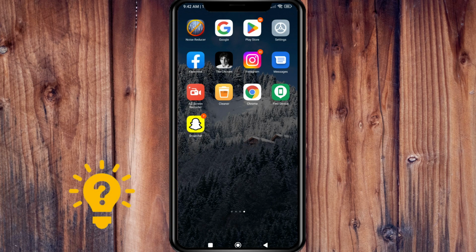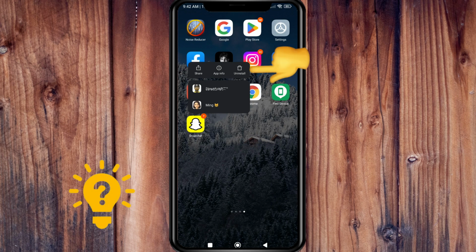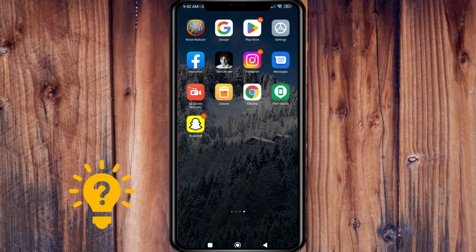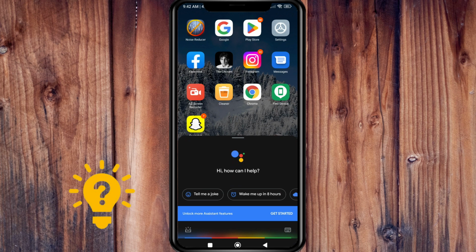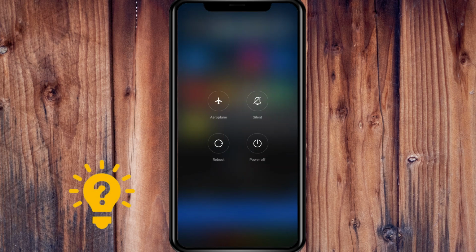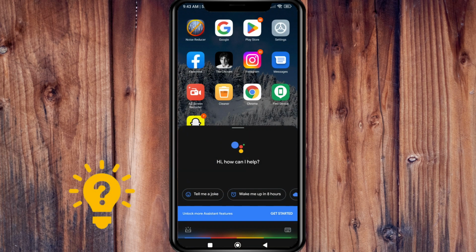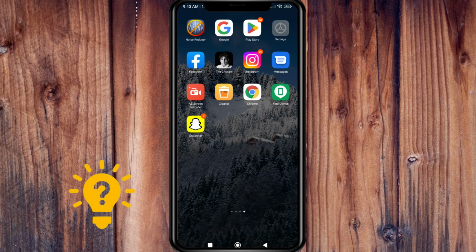The first method is to update your date and time settings. Uninstall Snapchat by pressing and holding onto it and tapping uninstall. So, in the pop-up, select uninstall, and once you remove Snapchat from your system, restart your device. Simply press the power button. Once you reboot the device, go to the settings,